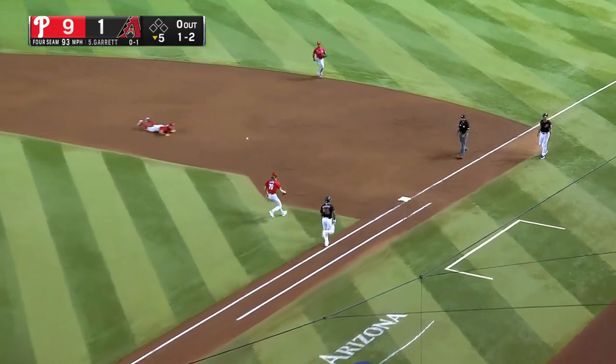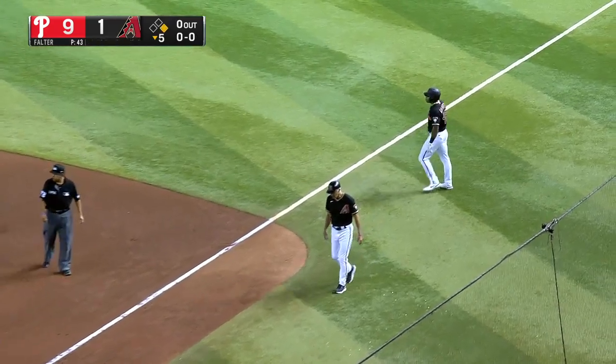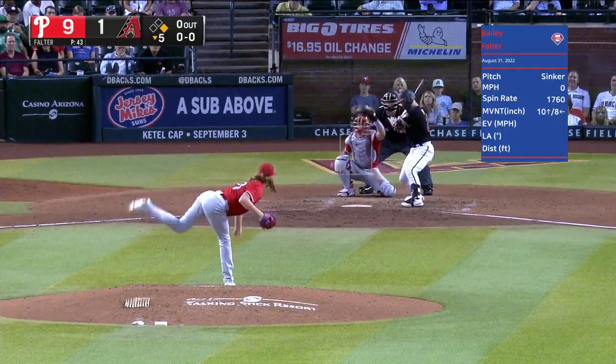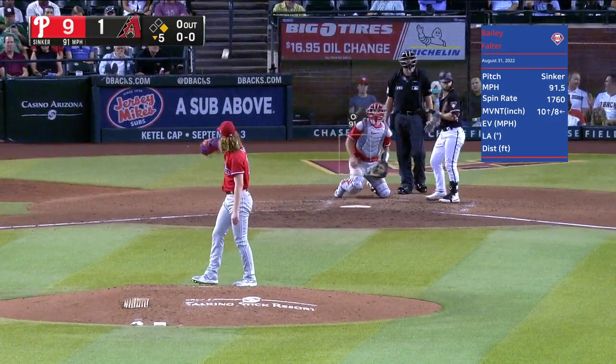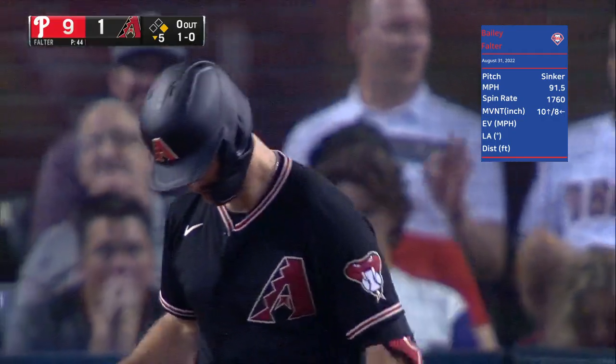Ball's bobbled by Reese. Bailey was late to get over anyway, and I don't think they were going to get Garrett. Now Hummel's the batter. Had a pitch high, 1-0. But I was talking to Dave about that today, Dave Dombrowski. I thought it was very interesting, though, about the trades that